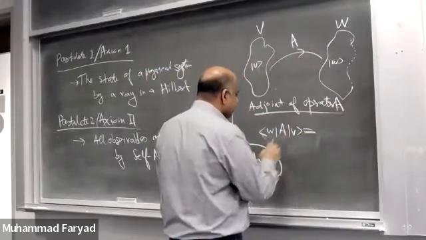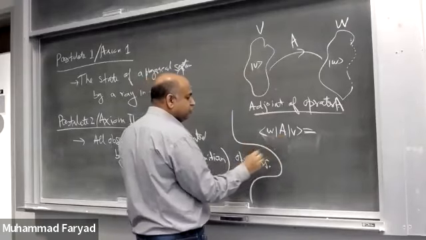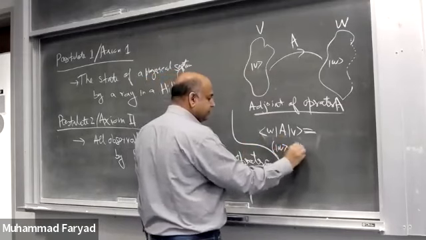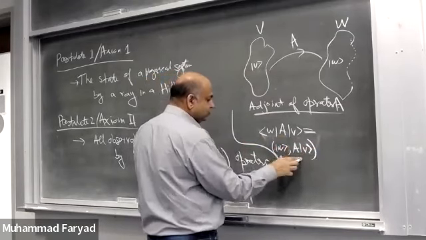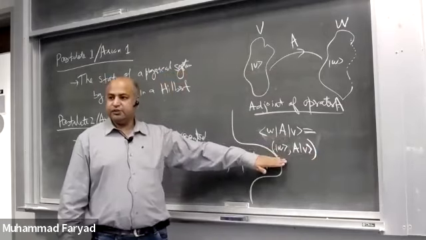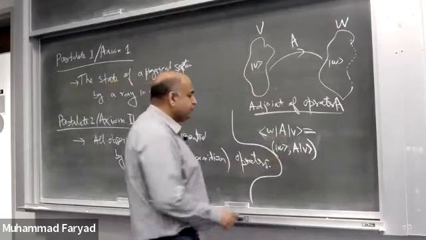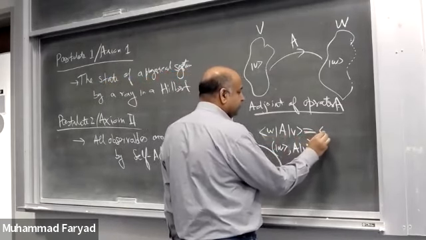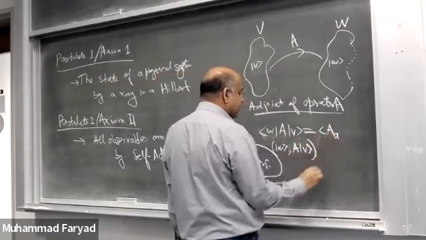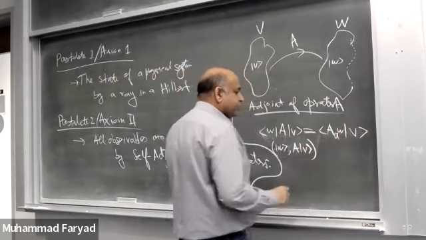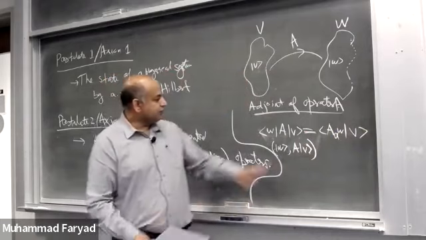By the way, today I'm using the usual notation. Instead of writing this notation, I'm using this one. They exactly mean the same thing. So the adjoint, we define it to be like this. It's an operator that, if we operate it on W and then take the inner product with V, we get the same number.